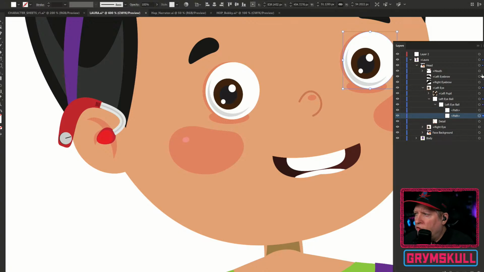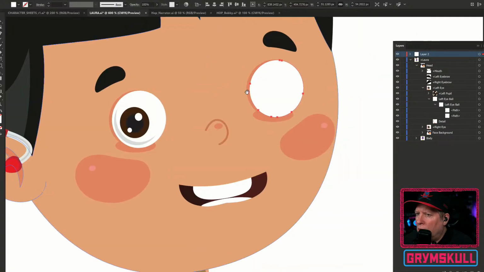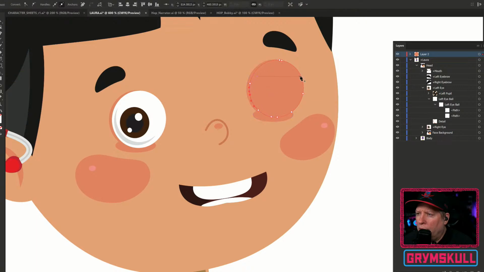And we're going to just make a copy of that. And then I think I'll just make it the same color as the detail. And then with that layer selected, we're going to take our pen tool. We're going to create a point. Actually, we'll go up here. We'll go outside here, and then we'll kind of do a curve, and then just a bit of a slit.